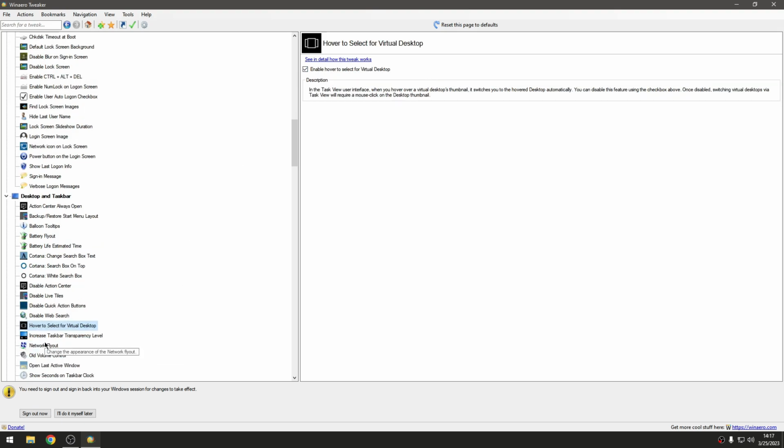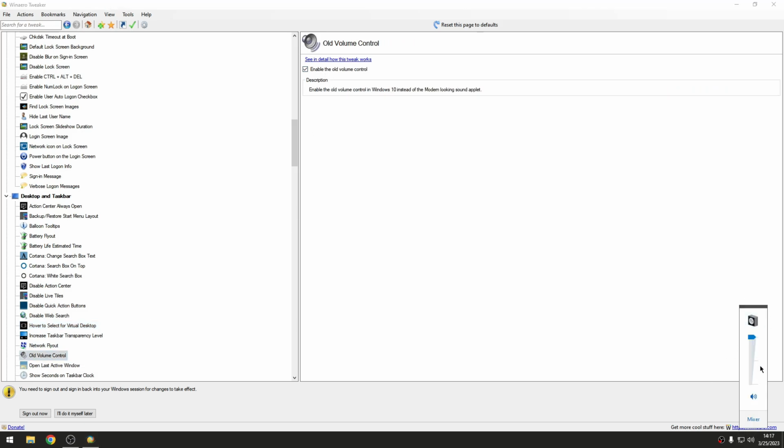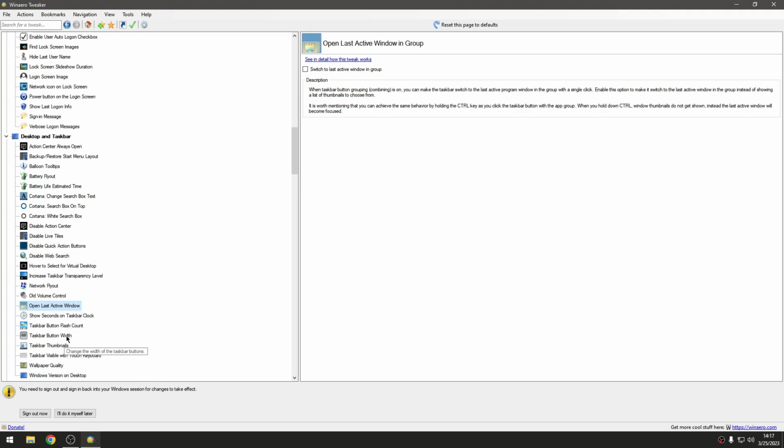Also disable it. Old volume control. If you select this, you will see the volume control to change like Windows 8 and Windows 7. It's not necessary, it's your preference also. You will not see a performance difference if you select this, trust me, zero difference. I will leave it like this because for me it's easier to manage my audio settings. Anyways,